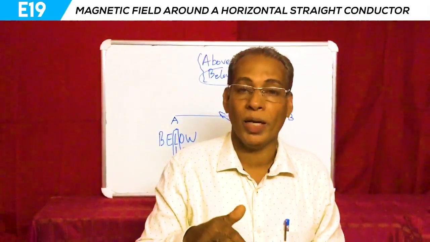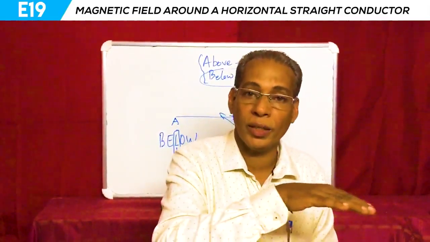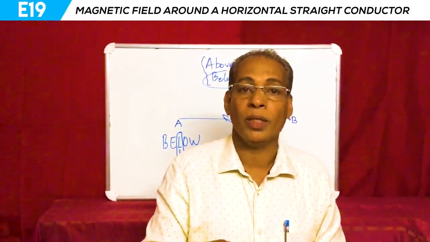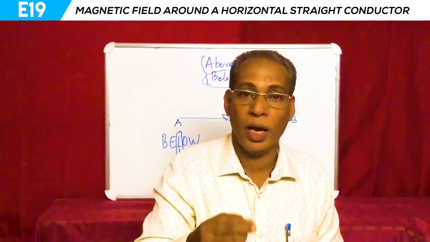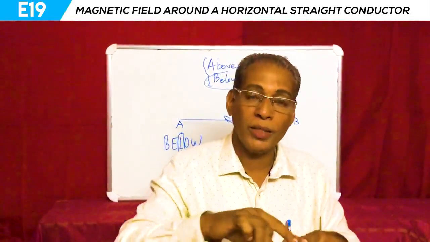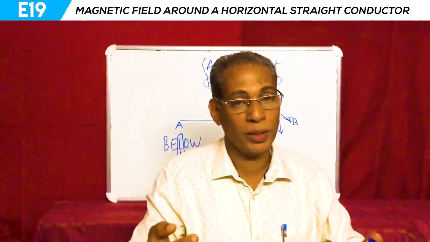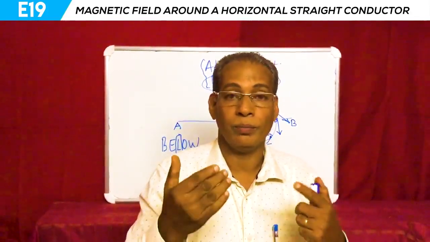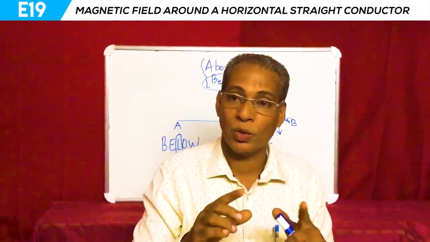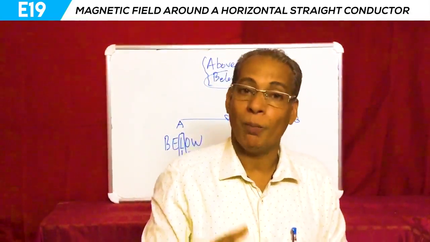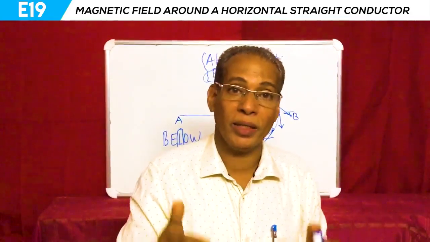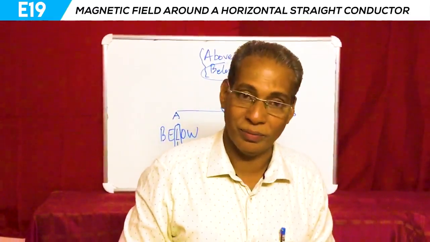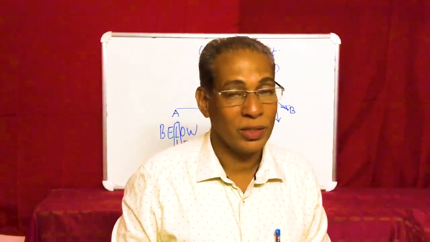In this class we have dealt only with the case of a straight conductor kept in a horizontal direction. In coming videos we will see the conductor kept in a vertical direction and the magnetic field around it, and a circular loop, and how the magnetic field looks. Then we will go to the solenoid and the direction of magnetic field around a solenoid or electromagnet. Please do watch all these videos and get a thorough knowledge and understanding of the magnetic effect of electric current. We will meet in those classes later on.